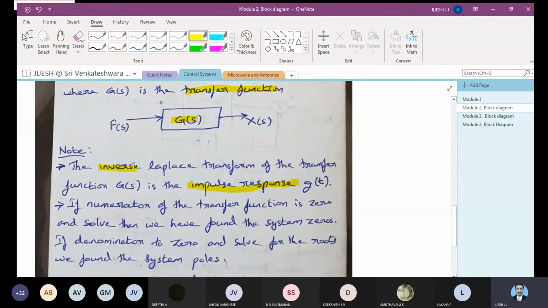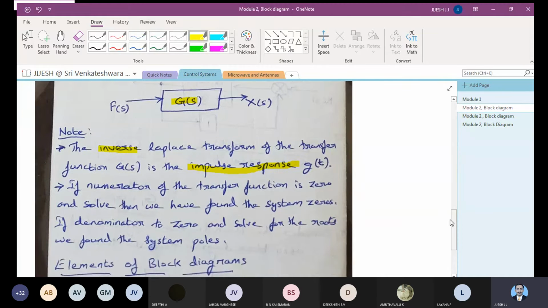If the numerator of the transfer function is set to 0 and solved, we find the system zeros. We will be using this further, so we will try to understand this second point. The first point is quite simple. If you take the inverse Laplace transform of G(s), you will get the impulse response, called g(t). Now the second point is